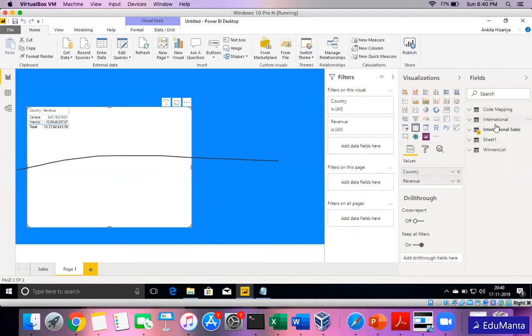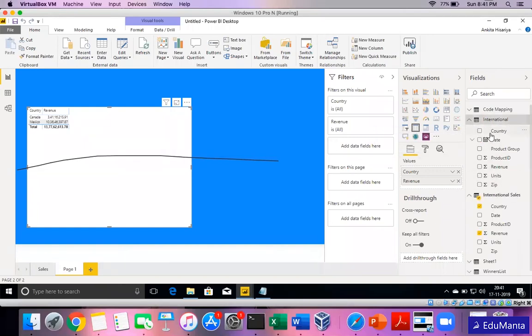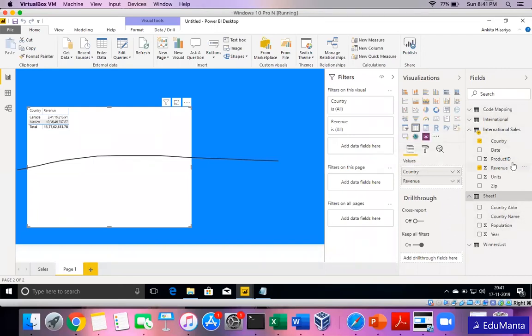Okay. So now we have the different files that we have loaded, but there's no relationship defined between them because we have not yet come to relationships. We'll discuss relationships in an upcoming session. But what happens is, suppose I have country data here, this is the sales, and suppose I have population data here, which is again for the country, in a different sheet. What I can do is relate these two data sets so I can see, okay, for the country, what's the revenue and what's the population together, something like that.